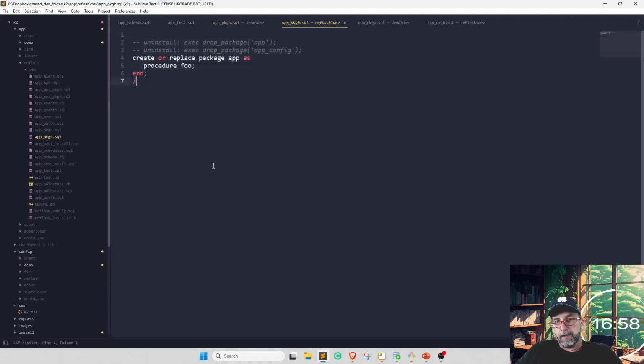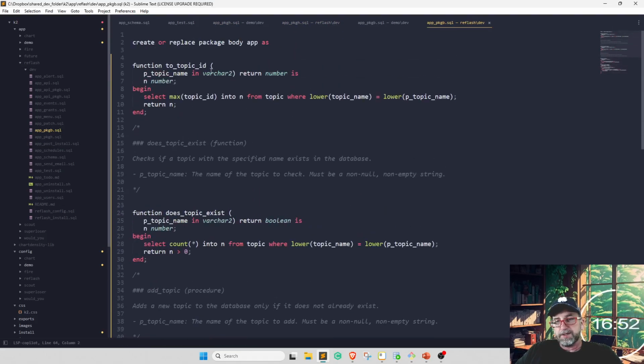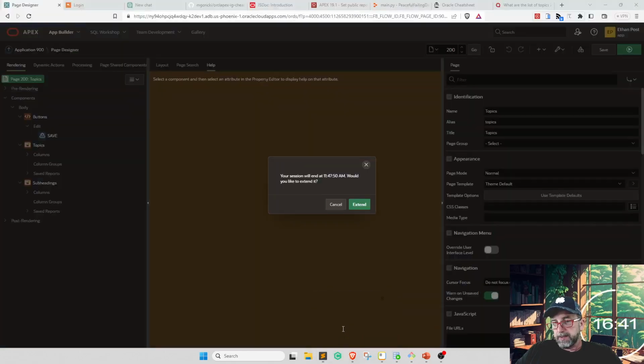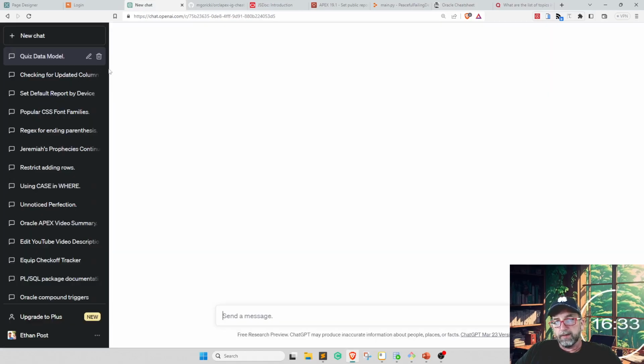So here's our app header. Okay. So in our body, I just made a topic ID. So this is, a lot of times you're dealing with topic name, you need to get the ID. So we've created this function, and I've tried to teach ChatGPT how to document my stuff.